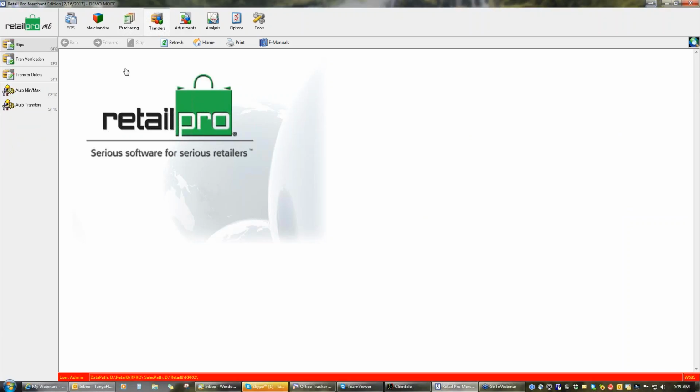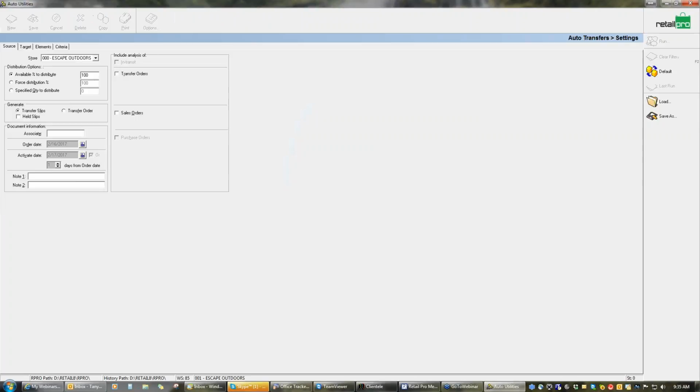But the auto transfer, if you do ever add additional stores, basically does the same thing. Before it tells you to order items from your vendors, let's see if the other store has some that they can send us. You know, we don't want to spend more money than we have to. So with the auto transfer, you're going to do the same type of thing that you did in the auto PO. You're going to fill out and set up